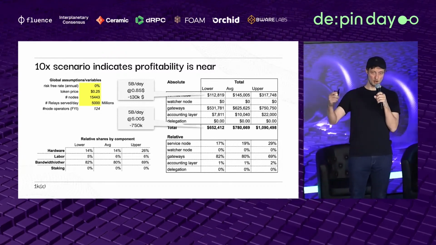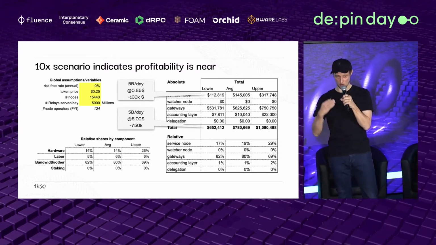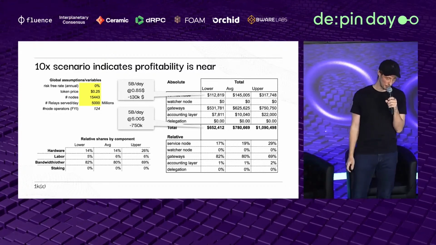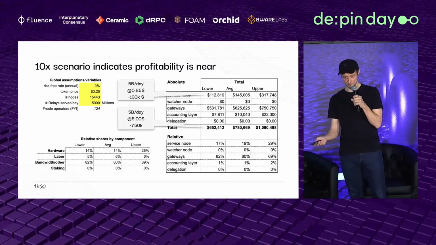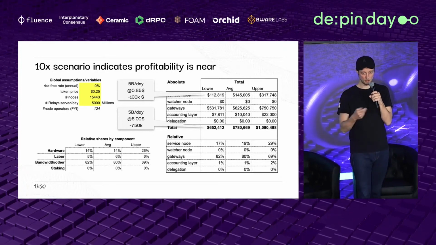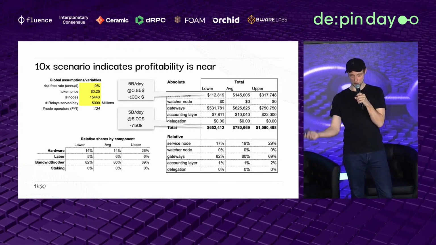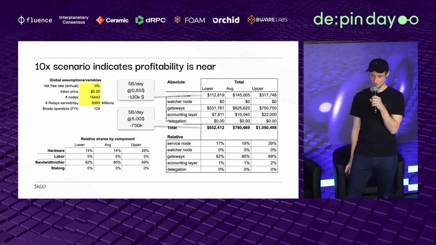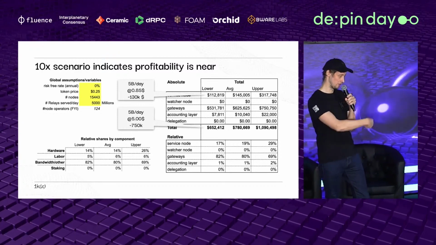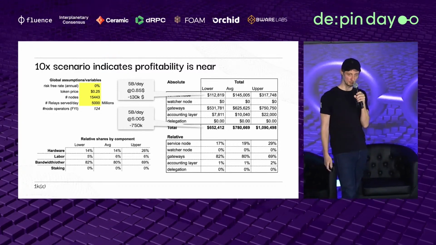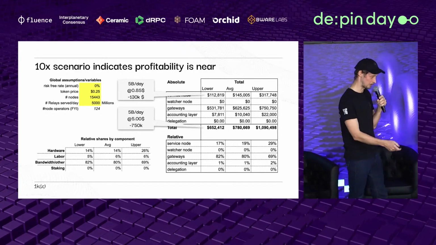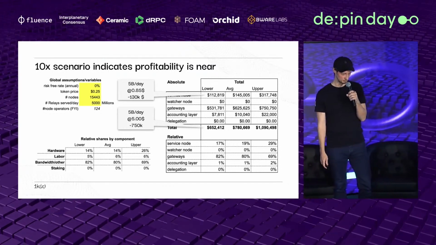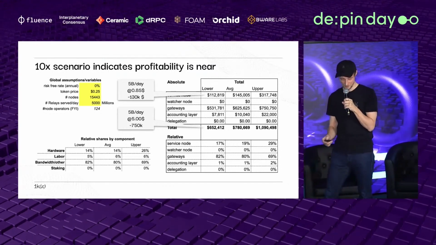And if you are an end user and call the gateway and enter the network this way, the price is up to the gateway operator to set, obviously. So we don't know that. But for example, if you look at the competitors Alchemy and Infura, $5 is roughly the lower mid end of the pricing level currently. So if you assume that price with that demand, you end up with $750,000. That tells you, okay, cool, we are actually in the profit region. So yeah, lots of numbers. I hope that was not too confusing.